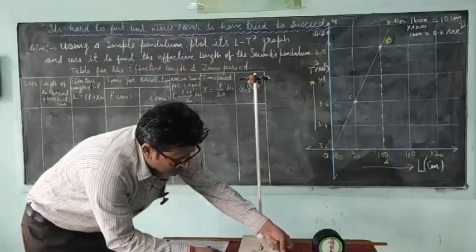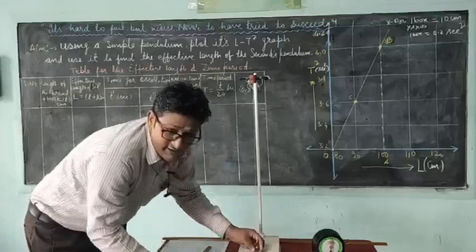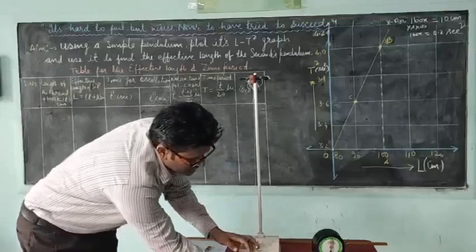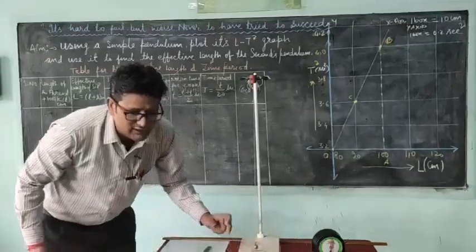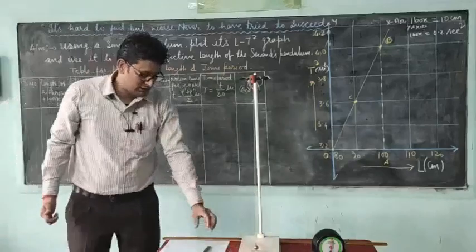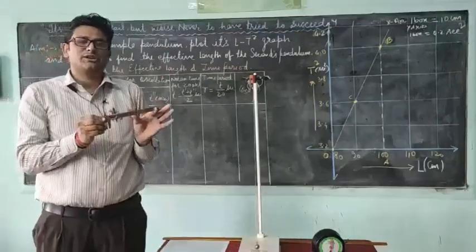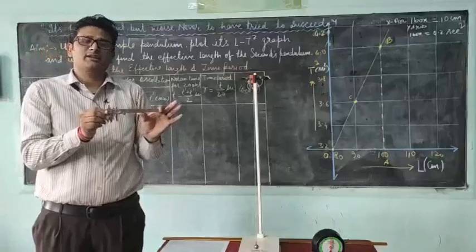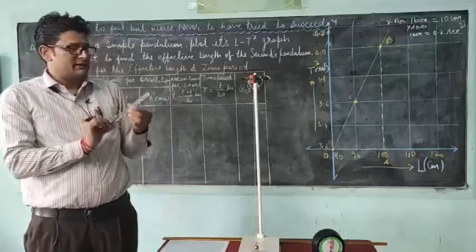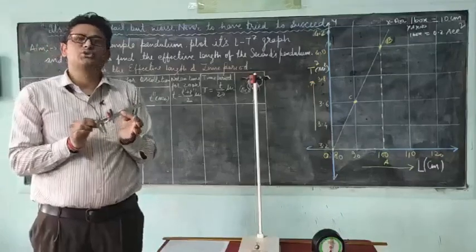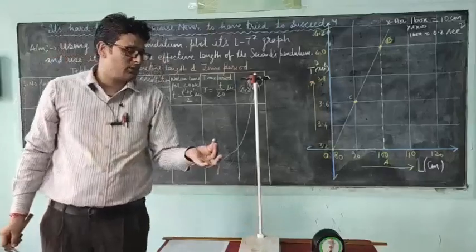This is the graph paper which I use for the distance from the mean position. From here to here I have taken 8 cm, and from here to here 8 cm. And the next one is the vernier calipers. I think you have done this in earlier practicals. Again I am explaining, the vernier calipers is used to determine the diameter of the metallic spherical bob.